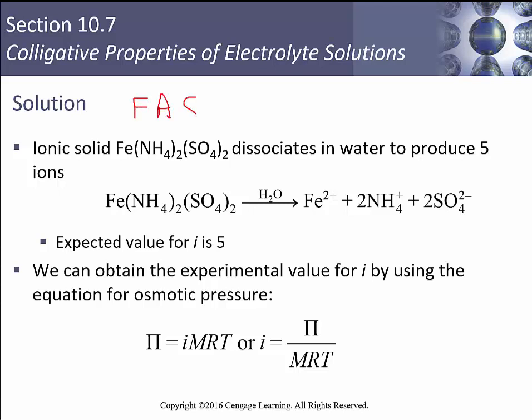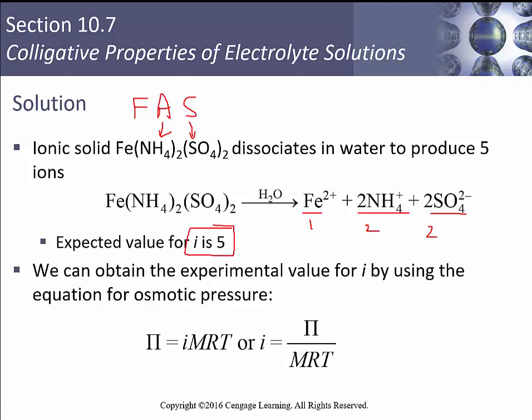FAS, where this is ammonium and sulfate, dissociates in water to produce 5 ions. So you're going to take this FAS, and dissociate it into iron, 2 ammoniums and 2 sulfates, so 1 plus 2 plus 2 is 5. We expect the i value to be 5. Right? We can obtain the